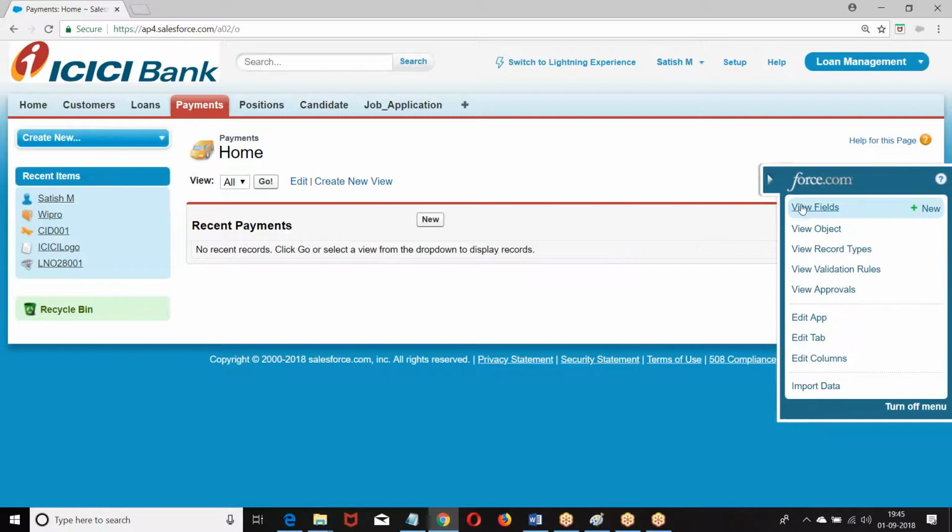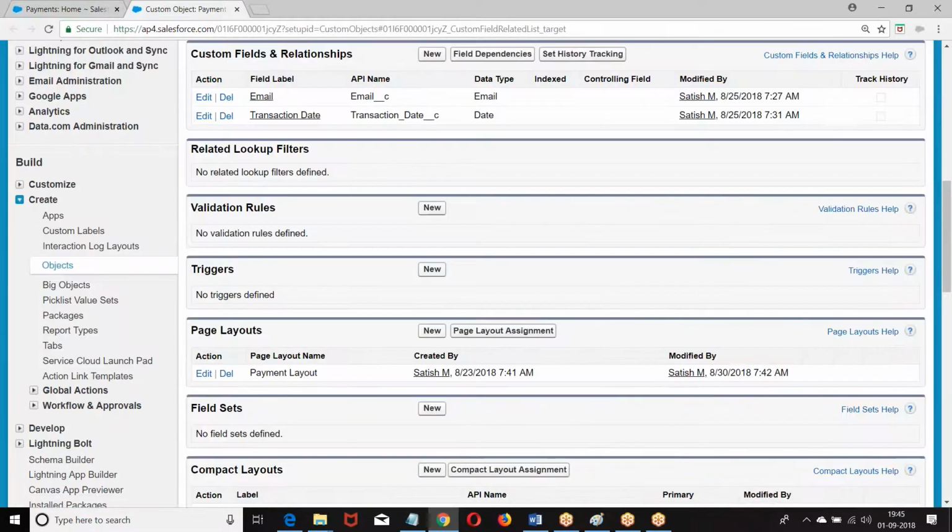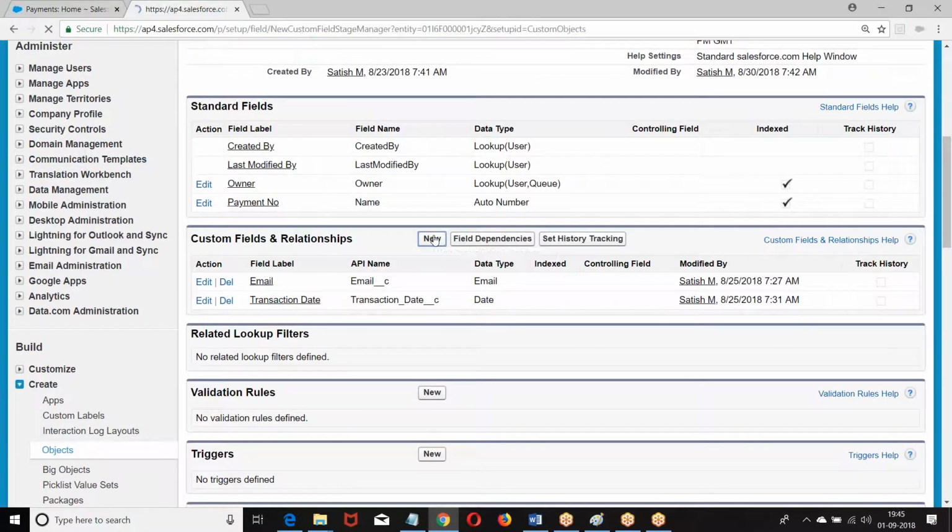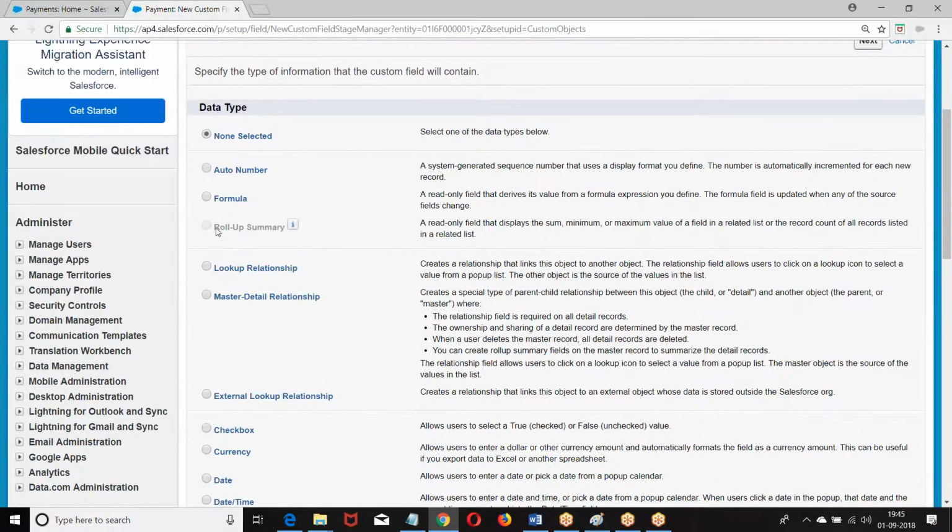Go to the payment object, and add a new field. Are you able to see roll-up summary? Why is it disabled? In a master-detail relationship, only on the master object can we create a roll-up summary field. It is not a master, it is a child. Are you clear? So we can create a roll-up summary field only on the master object in a master-detail relationship.